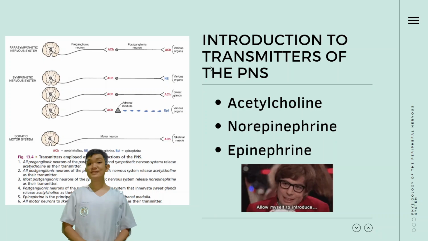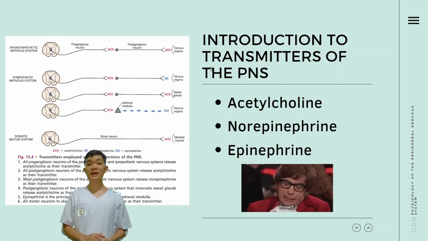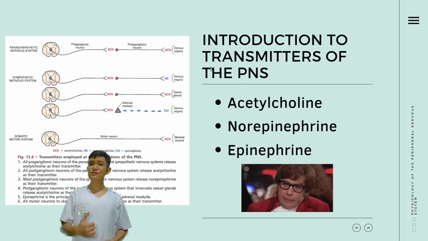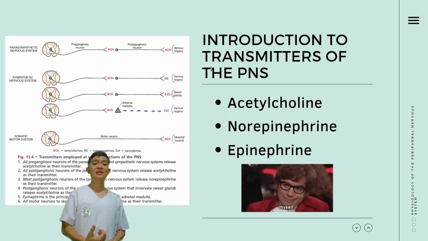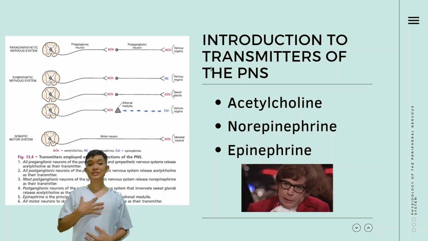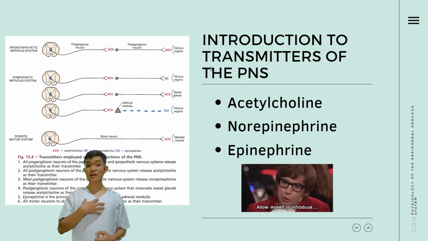Epinephrine, also known as adrenaline, is a hormone and neurotransmitter that is released by the adrenal glands and acts on adrenergic receptors. Like norepinephrine, it is involved in the fight or flight response and increases heart rate, blood pressure, and blood sugar levels. However, epinephrine also causes bronchodilation and relaxation of muscles in certain organs, such as the lungs, to increase oxygen intake.